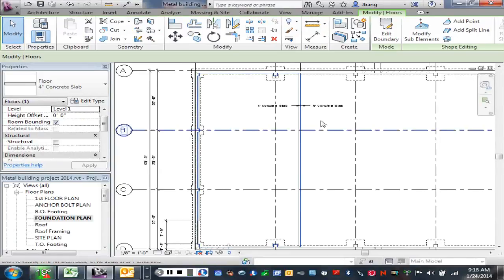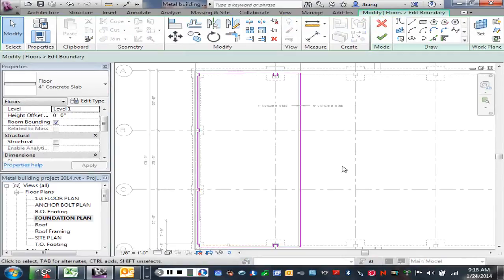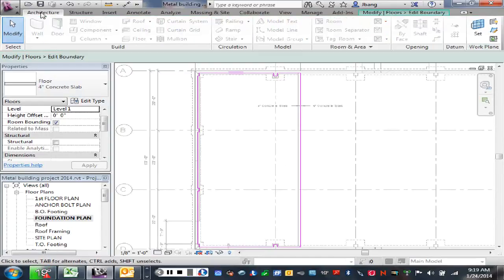I already have the slab in for the office end of the building, so I'm just going to highlight it here just to show you that I've got it in there. And if I went to edit the slab, you would see this magenta line around it that shows that I went around the piers. Now the slab that I put in is not a structural slab, it's just an